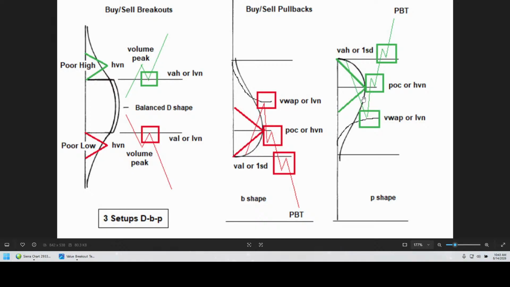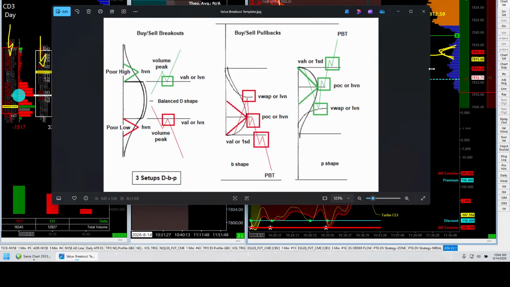That is about as much as I'm going to offer for profile education, because this is what matters. Understanding the concepts here will take you much, much further using profiles or developing profiles than probably anything else. This is an example, Freddie, of various shapes of profiles and how to trade them, what the inferences of the developing natures of them are. Okay, so when we go back here for a moment,